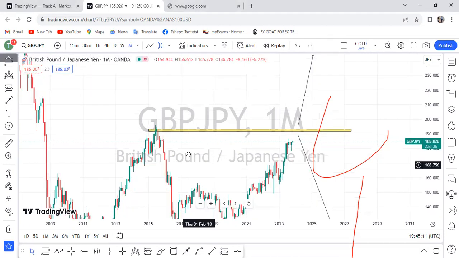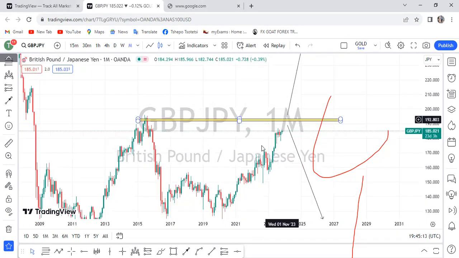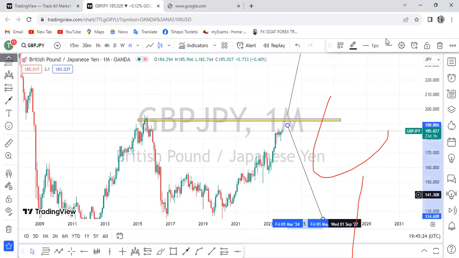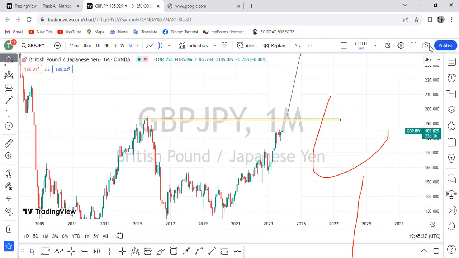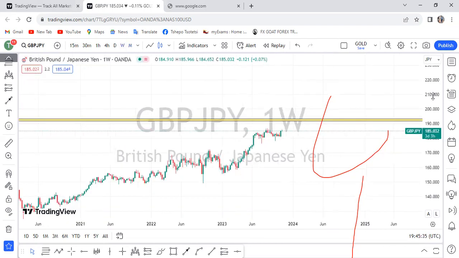But we can see we have been in a strong bullish trend, because the market keeps making higher high and higher low, higher high and higher low. It doesn't show us a lower low. So we know in a bigger time frame we're in a bullish market. Market is going up. Same as GBP USD, we saw the market is going up. So as we can see